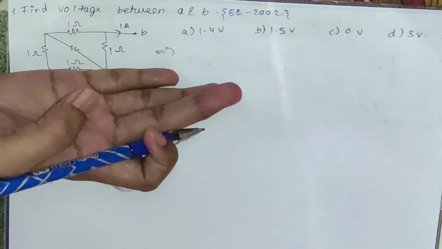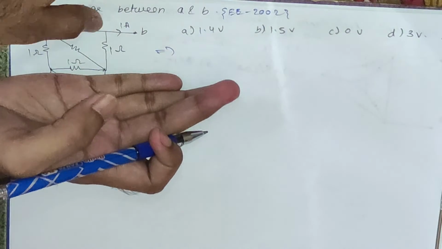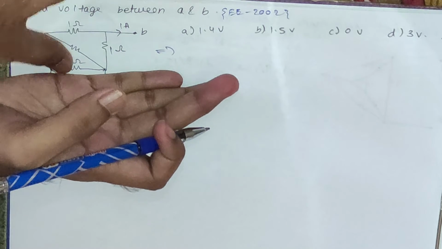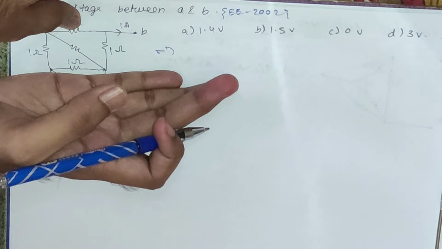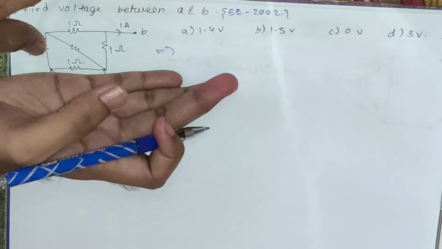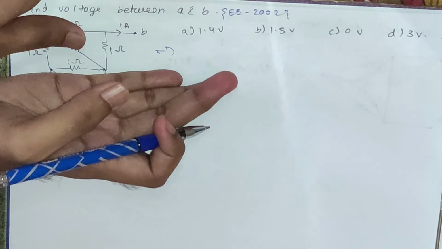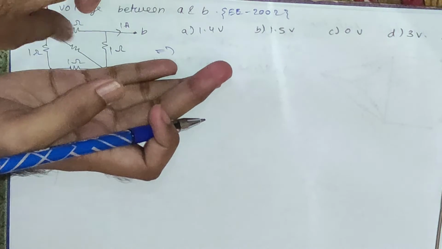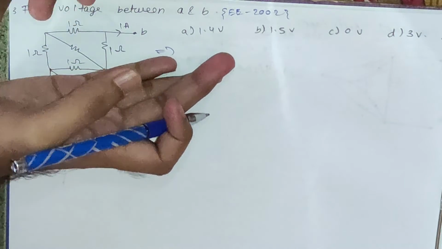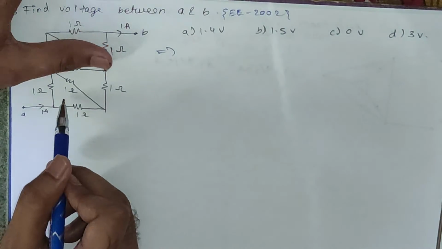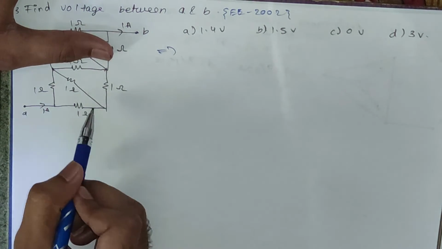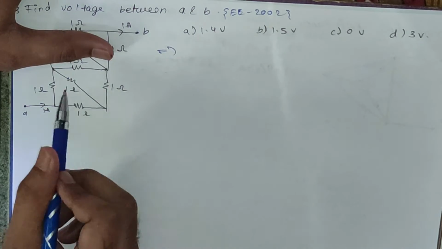Okay, so if you check this, you can see we have a Wien bridge, right? And the middle resistance is this one, Ra, Rb, Rc, Rd. You will say that Ra upon Rb is 1 by 1 is 1, Rc upon Rd will be 1 by 1. So it is satisfying Wien bridge criteria. Okay, so it means you can either open this resistor or short circuit this resistance. Okay, now let's see for this one. Okay, if I include this 1 ohm resistance, then only we will get a Wien bridge, right?